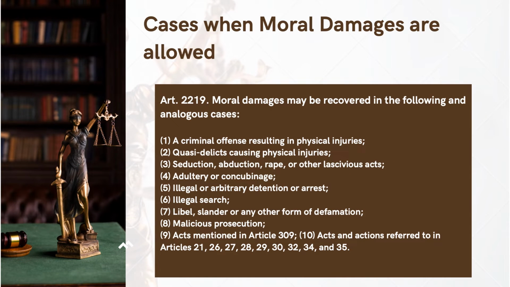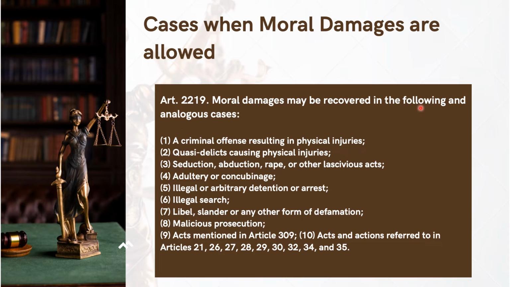So, cases when moral damages are allowed. Article 2219: moral damages may be recovered in the following and analogous cases. Please take note that it is mentioned as analogous cases, as according to Justice Capistrano, this enumeration does not mention any wrongful omission. And this is because, as pointed out, this list was not intended to be complete and